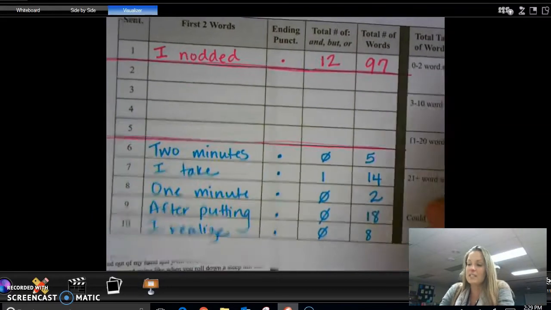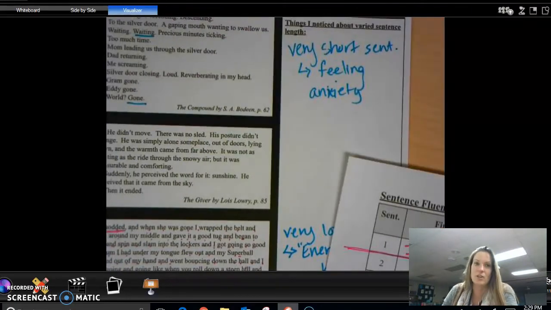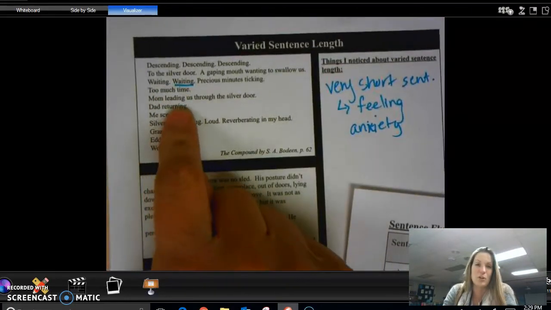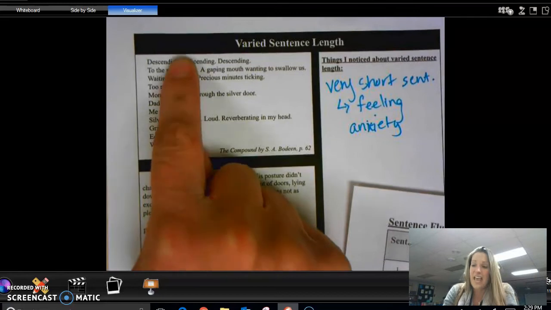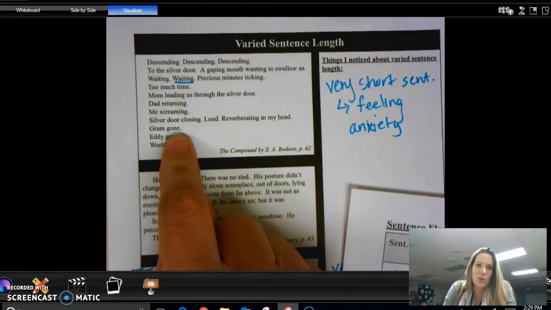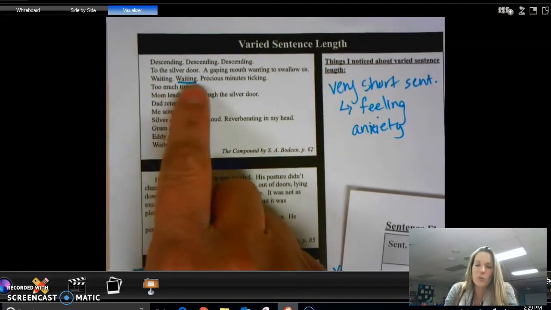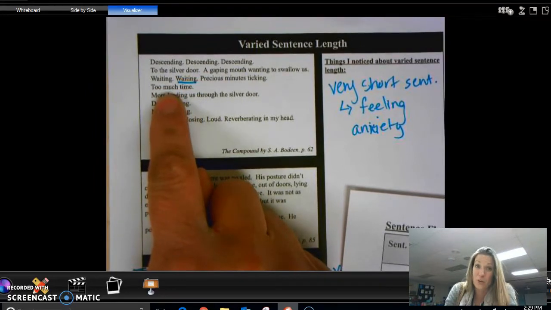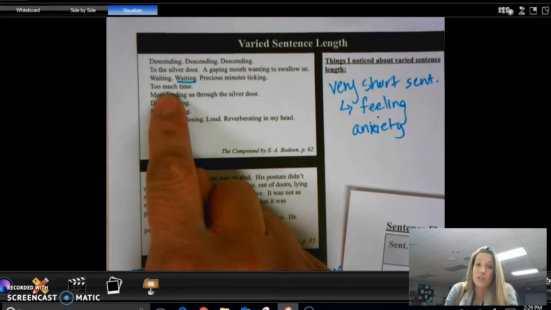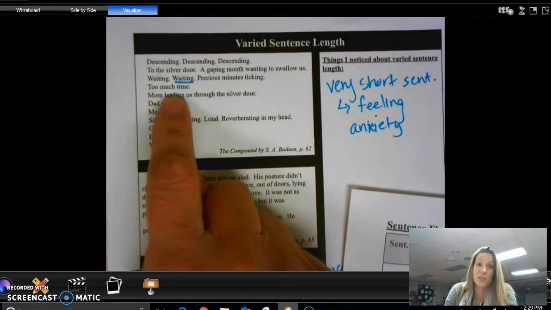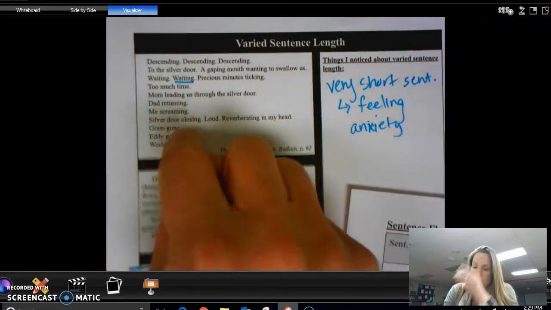Okay, maybe it's a suspenseful part where there's anxiety, your character is nervous, and you want to take one of those long, medium sentences and go ahead and just do 1 or 2 words. Notice these are not only 1 or 2 word sentences, they're 1 or 2 word paragraphs because it forces your reader to look at each of them as important and individual.